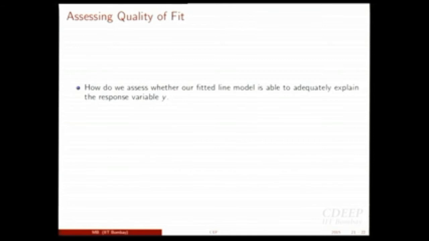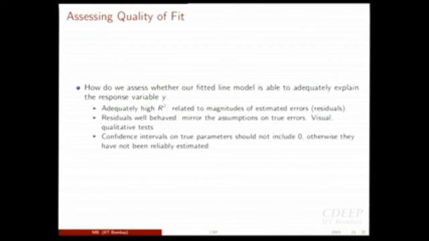For this, there are two or three criteria which are popularly used. One is something called R square. It essentially depends on the estimates of those errors, those residuals. If those are small, your R square will be large. Various software packages will actually generate the value for this R square. But this is not the only criterion. If your curve passes through all the points, then this R square will be 1. So you should have a high R square, but more importantly, you want to look at those residuals.